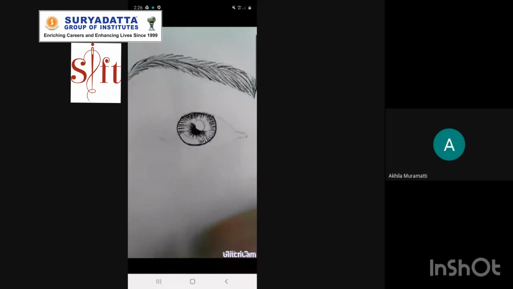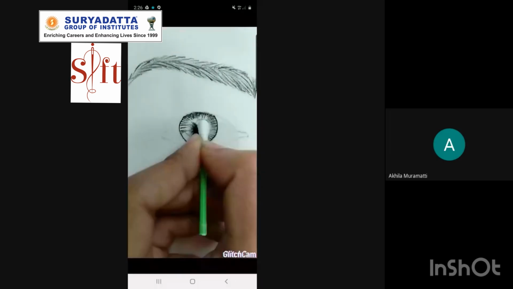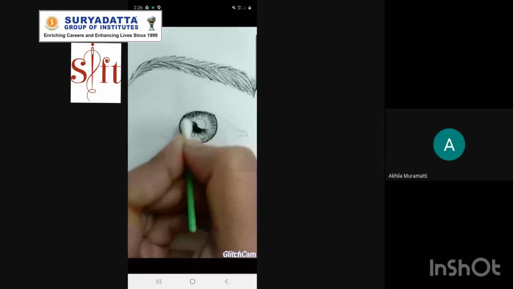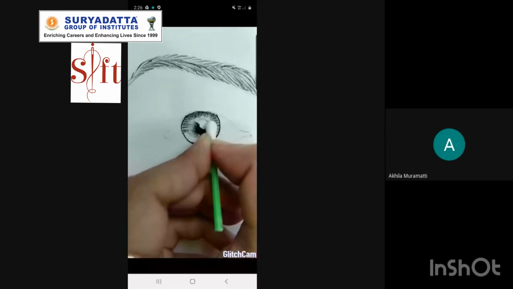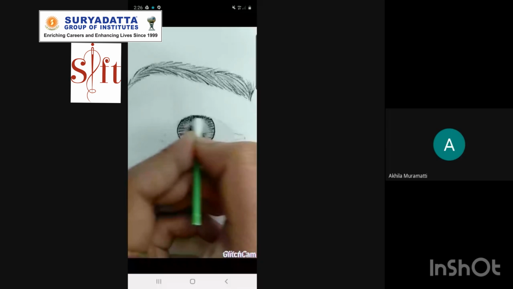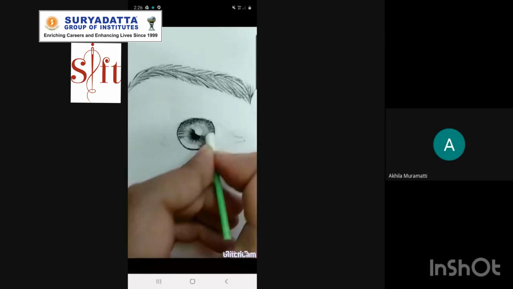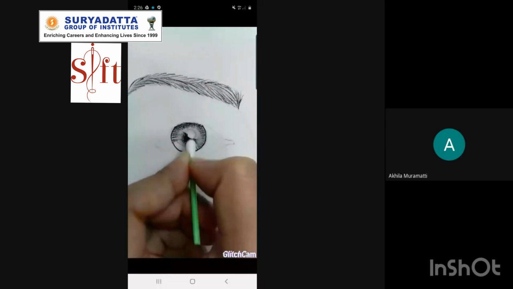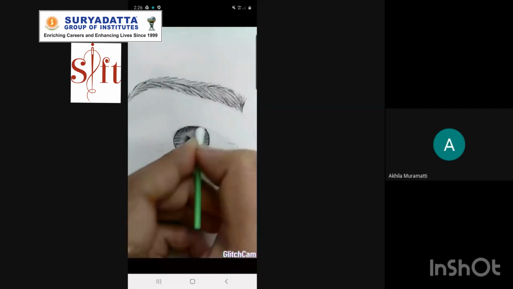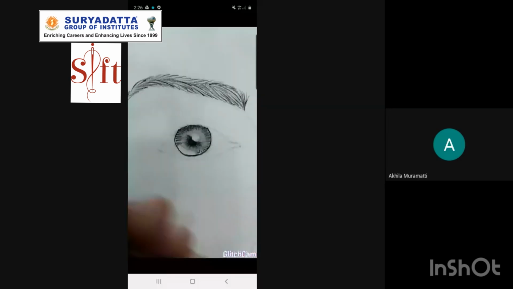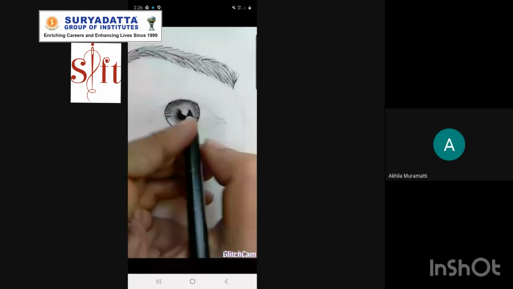This is nothing special, just an earbud, a good option for a blending stump. Just blend it slowly so that you get the perfect shade for the eyeball.